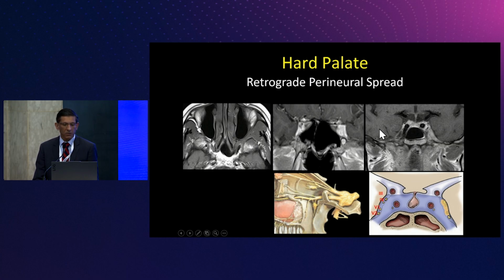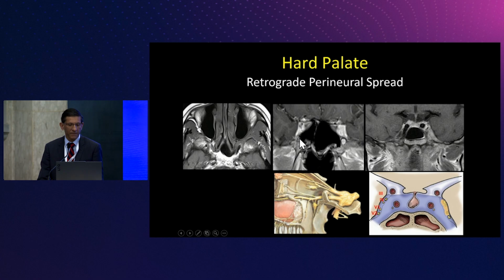Now, when we look at the coronal T1 post-contrast image, again, draw a line down the middle, compare the right side to the left side. And remember, once these tumors get on V2, they can grow anterior and posterior. So can I convince you there's too much enhancement and enlargement of V2 on the left compared to the right? In fact, with a leap of faith, right at the tip of my arrow, do you almost see something that looks like a target, something that's gray, and the enhancement right around it?